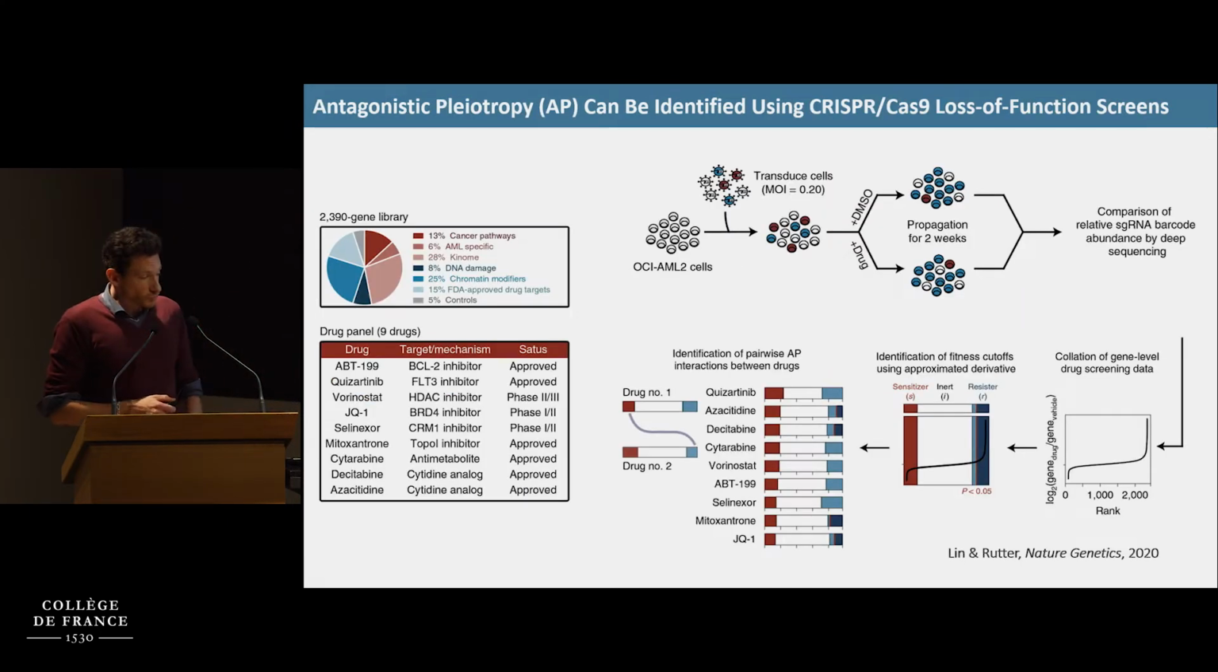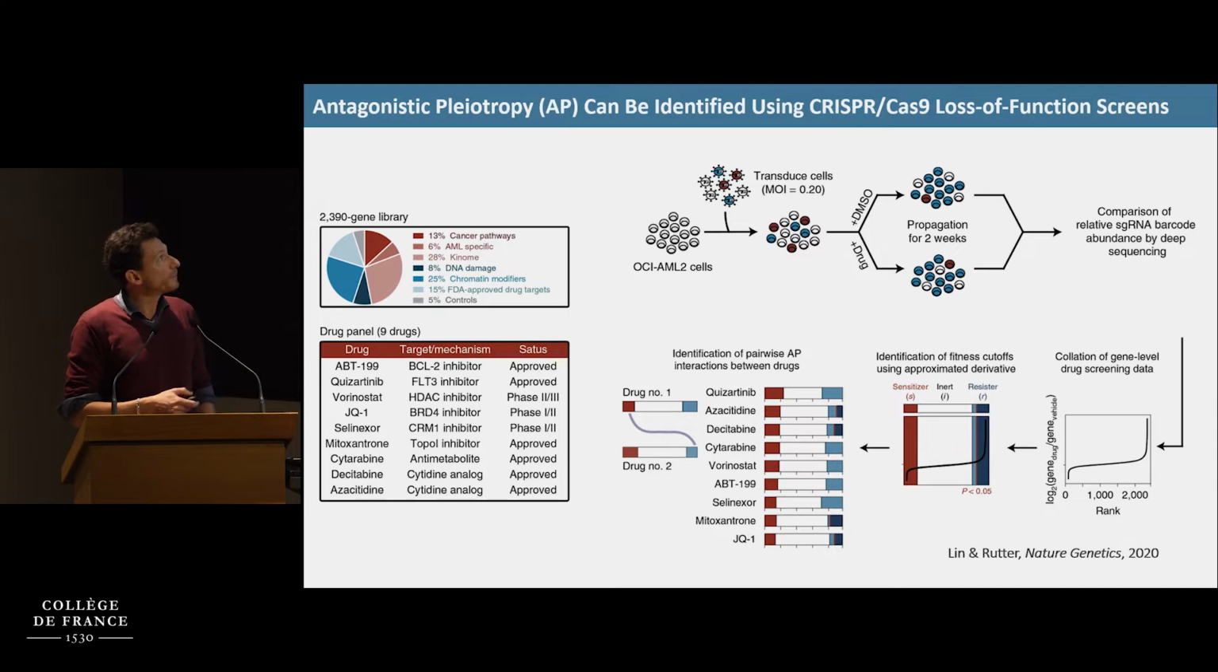Using functional genomics, we decided to try to mine for AP genes in the context of cancer, and more specifically in the context of AML. So we decided to leverage a CRISPR-Cas9-based library that we have infected in one AML cell line called OCI-AML2. And this library was targeting over 2,400 genes that were already described to have a role in the context of